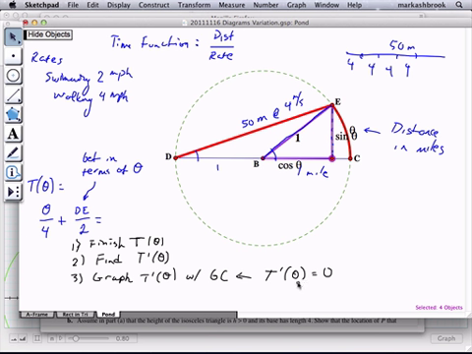Not quite. Allie, what were you going to say? Oh, if we're looking to minimize, we have to look for a minimum point. But we're graphing T(theta). Remember, we're graphing the derivative. What are we going to look at for the derivative for a minimum of T? Jessica? Yeah. So we want to look for the x-intercept, right? And if it's a minimum,